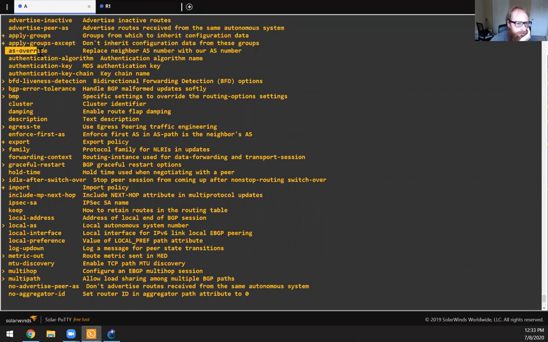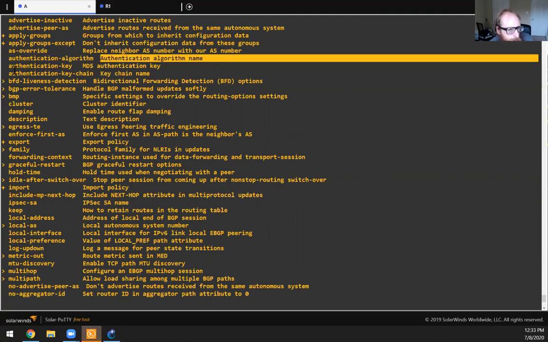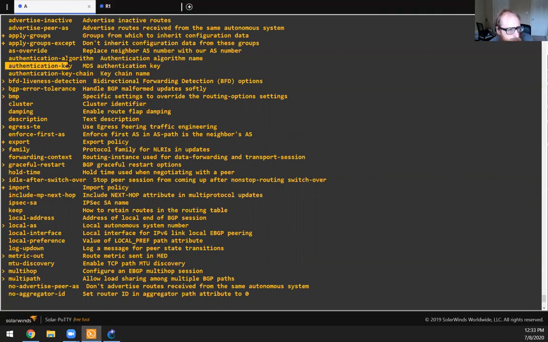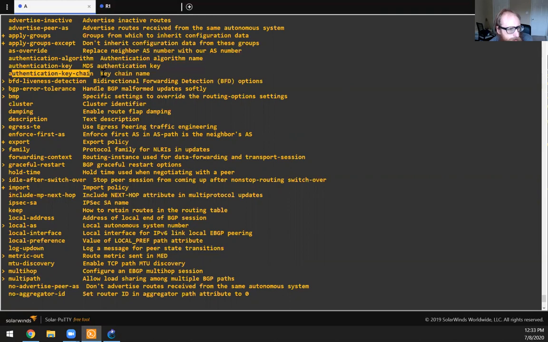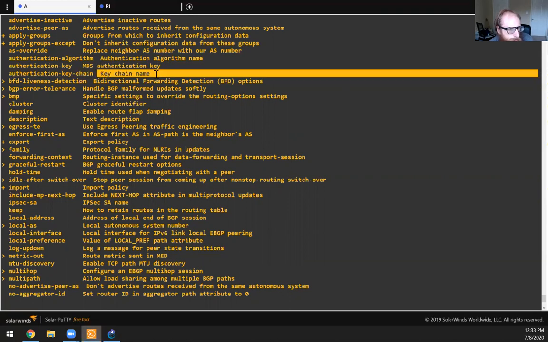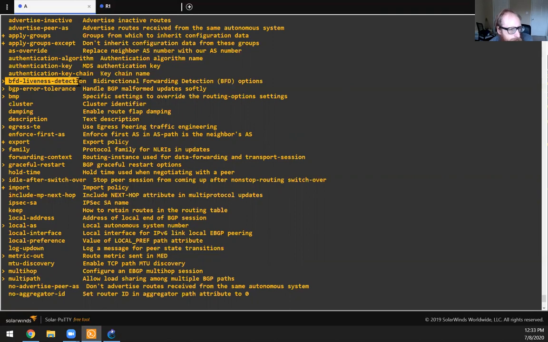We've got AS override, replace neighbor AS number with our AS number, authentication algorithm name, authentication key, MD5 authentication key, authentication keychain, keychain name, BFD liveness detection, bidirectional forwarding detection, BFD options,